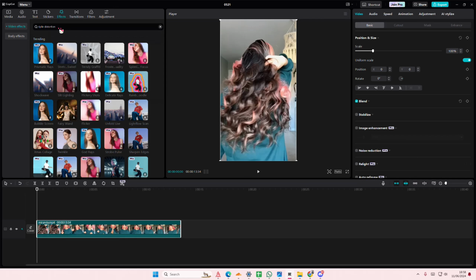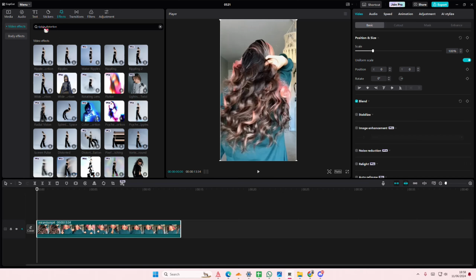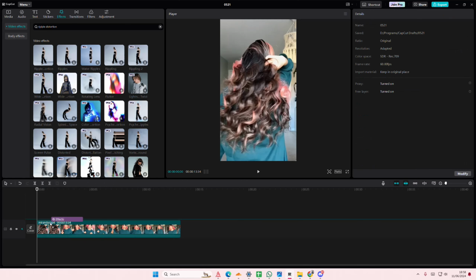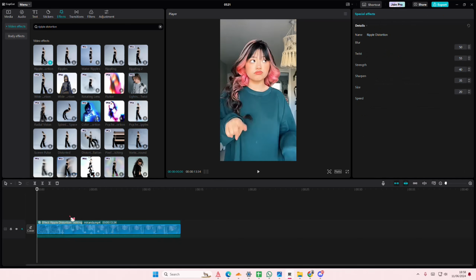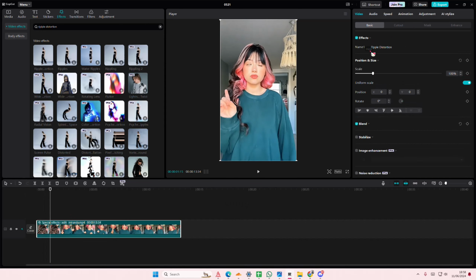Or you can find it in the distortion effect. I think I typed it incorrectly, but it's fine. Select it and add it to your video, and if the ripple distortion is too much, go to effects and